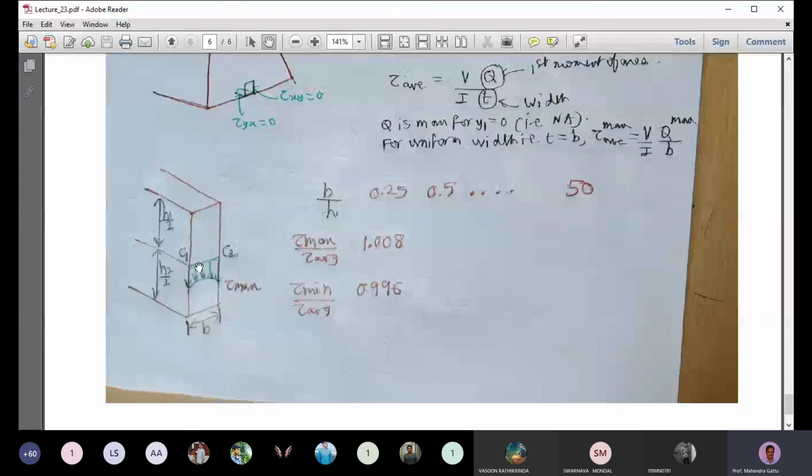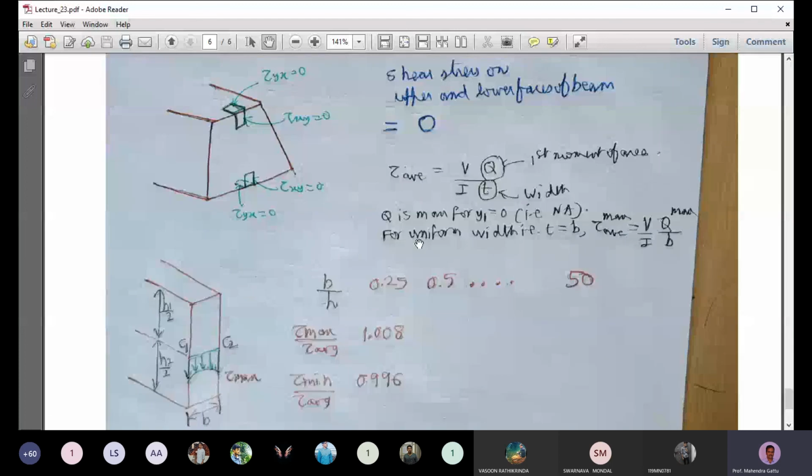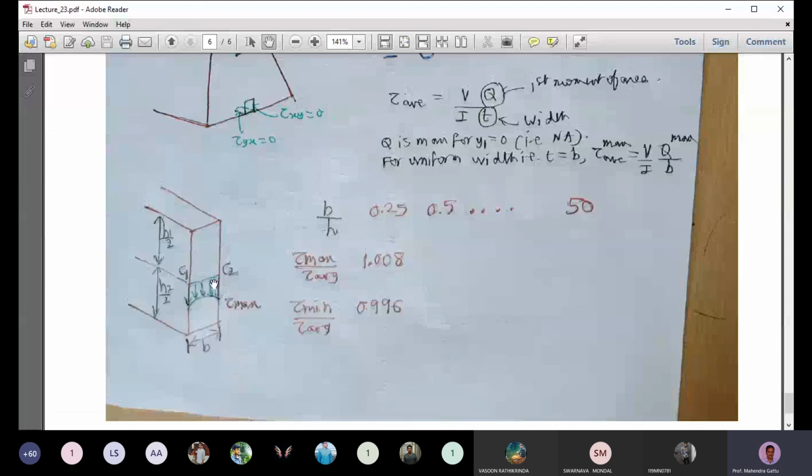And so what we finally have is that whatever average stress we are calculating can be assumed to be uniform over this entire line segment. And we will learn about what that average shear stress is. In this case, we can assume a uniform average shear stress, and what is the value of that uniform average shear stress for a beam cross section, we'll discuss in the next class.